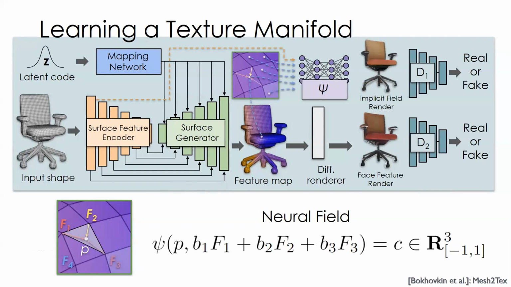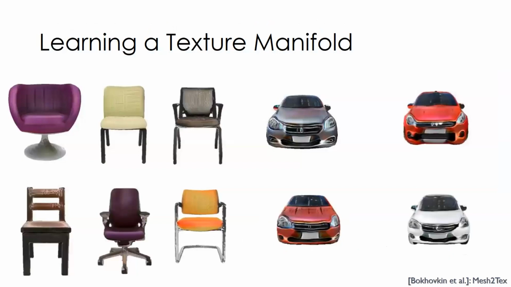So we can introduce a local neural field to then interpret the per face features and produce the high resolution colors. And since we want to learn this effective high resolution from real world images, we have an adversarial formulation, of which you've seen some other examples already today, that ask whether this is a real image or a fake image from the real image distribution. And this is kind of cool because now we don't have to have any correlation between the geometries that we're using and the images that we're training on, except for the fact that they belong to the same class category. So that actually allows us to learn this nice texture manifold that can produce relatively high resolution and high quality